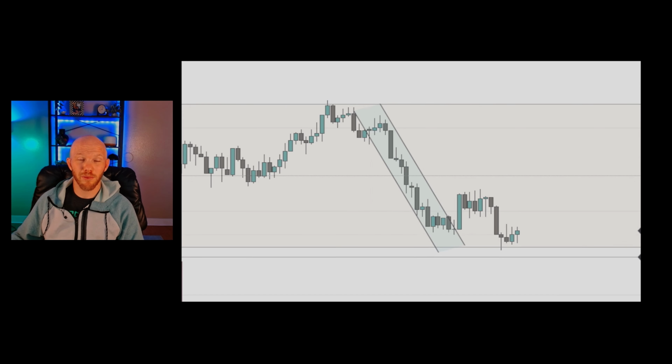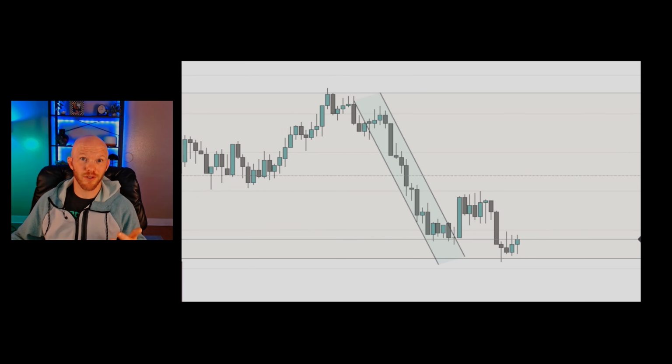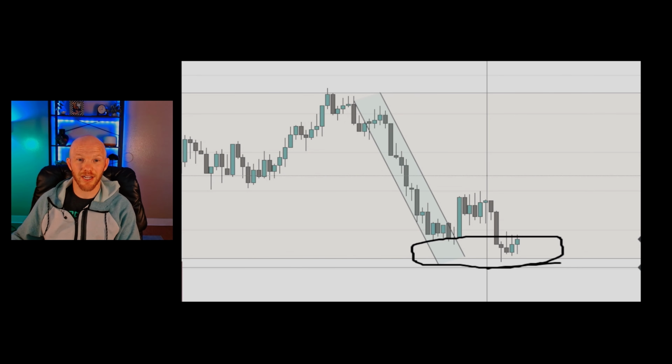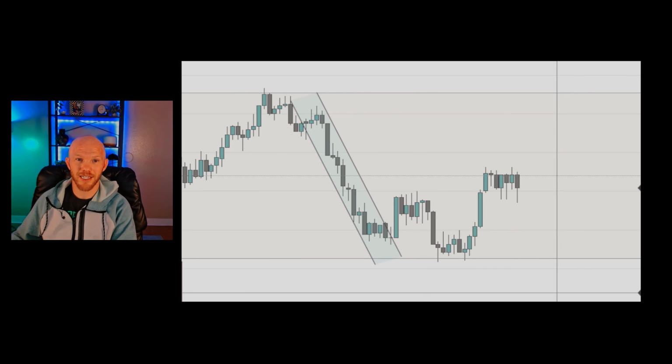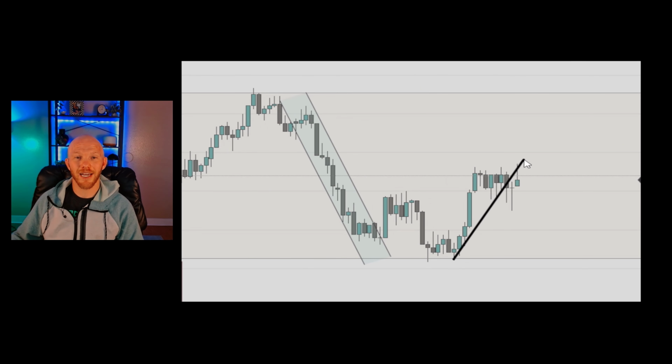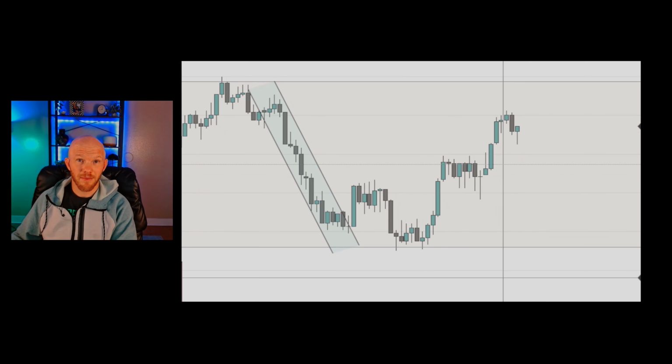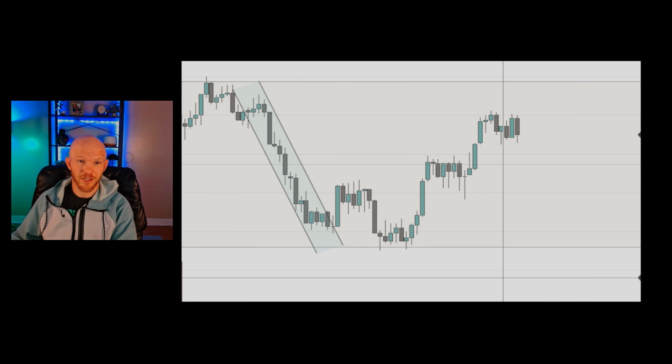So where do probabilities lie? Well, now we have 2 things going in our favor, right? The trend is played out, so we would expect a bounce because of that. And we're at the bottom of a trading range, so we would expect a bounce because of that. So the probabilities unite, and boom, we get a nice move up from the support of the trading range. Now the same thing is true on the other side.